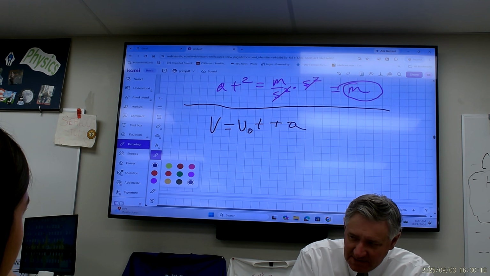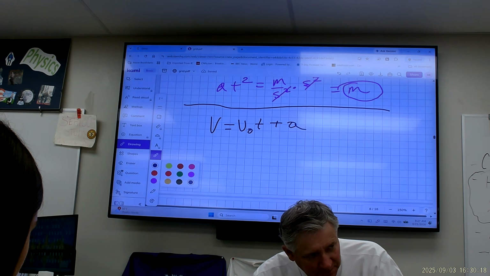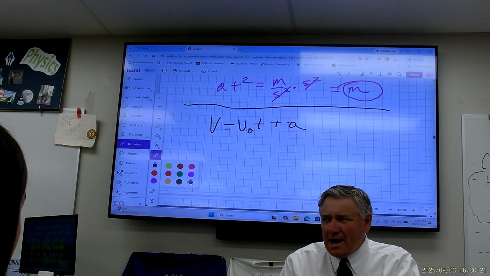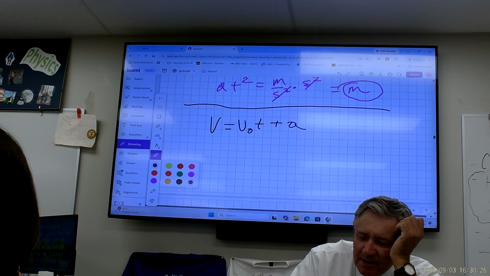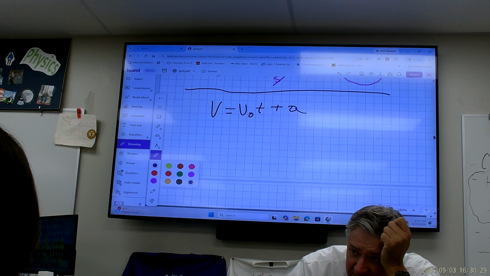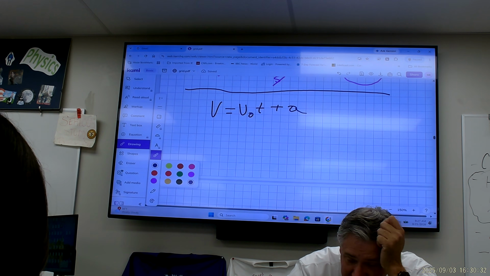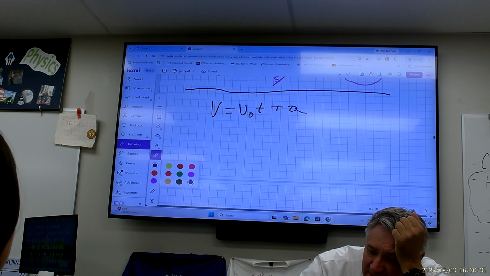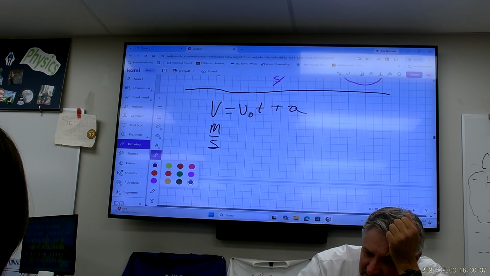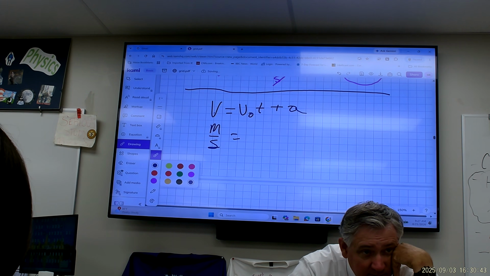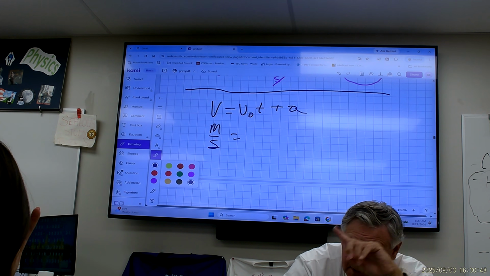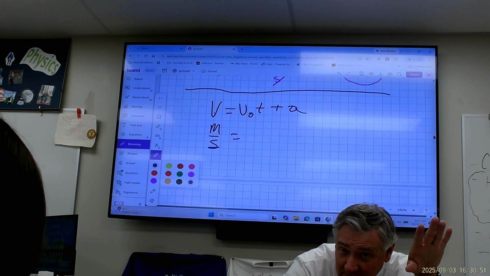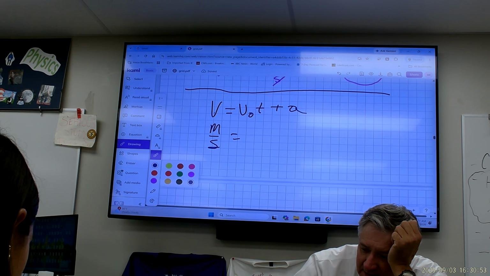But what you do in dimensional analysis, and this is what we've been leading up to, is look at this and go, wow, does it actually work? This is the crux of this. So the first thing you do is put in all the units for everything. This is a compilation of everything we've done. You're just going to go meters per second. Now, what's the difference between v and v naught? To v or to v naught, that is the question. v naught is the initial. Is everything still going to be in meters per second? Absolutely. So then I've got meters per second